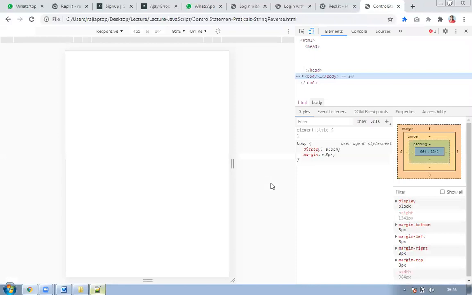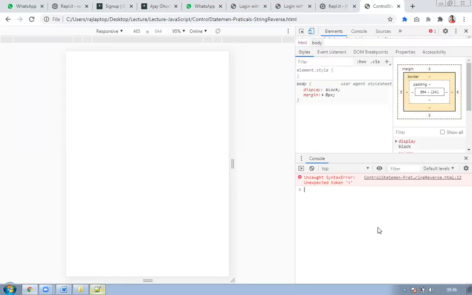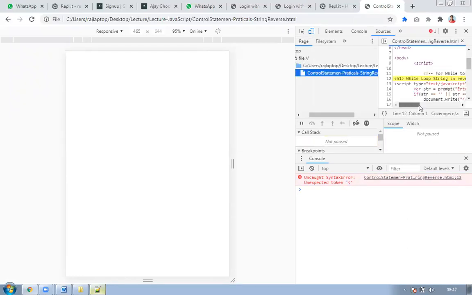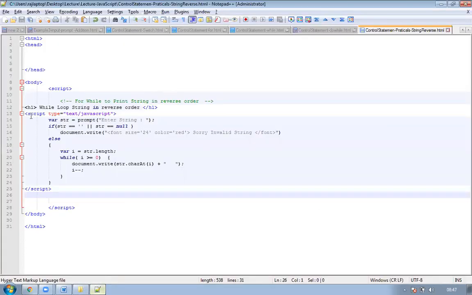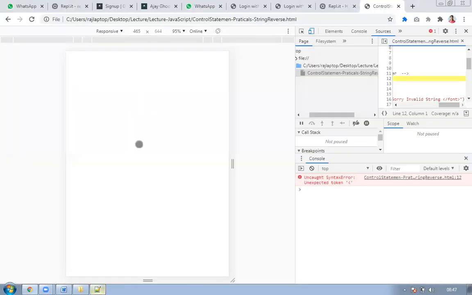Let's debug now. This is the script. It is showing one error here. It is saying some token kind of error at line 12. So I can go into code line number 12. I think this script tag has come twice. It was a copy of the old one, so I think it is creating the problem.